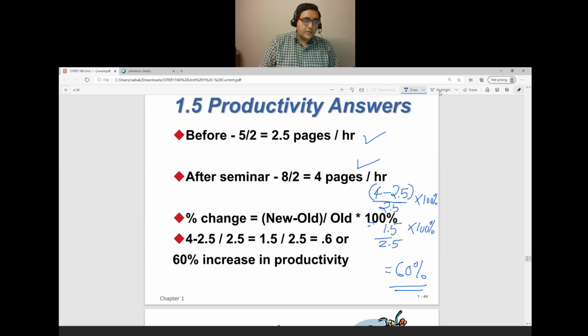So 1.5 divided by 2.5 multiplied by 100 percentage is 60 percentage. So my increase in productivity is